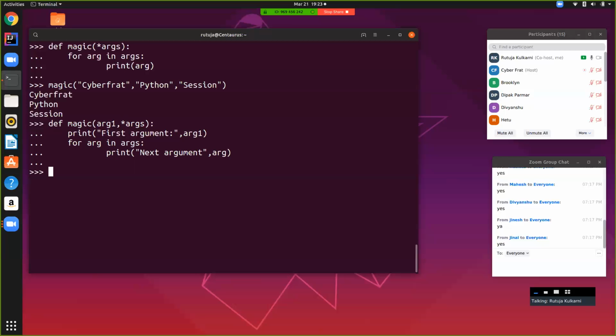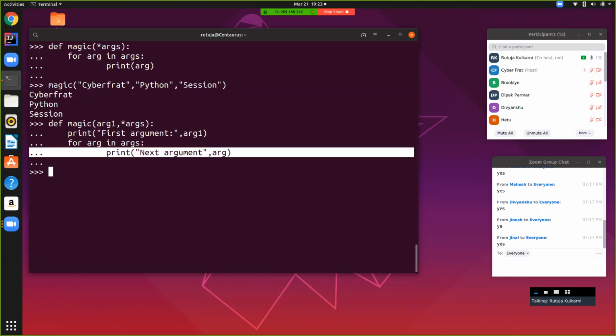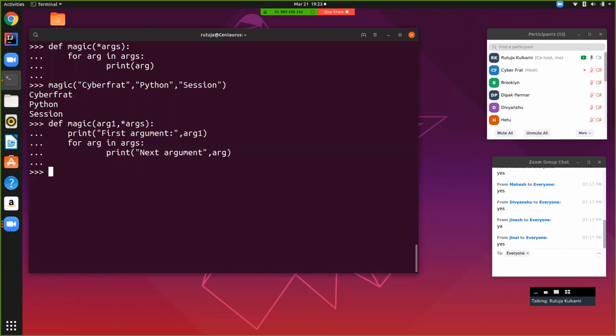So the second value that you are passing, third, fourth, and so forth, all the values will get printed with next argument. So let's call the function by typing magic,